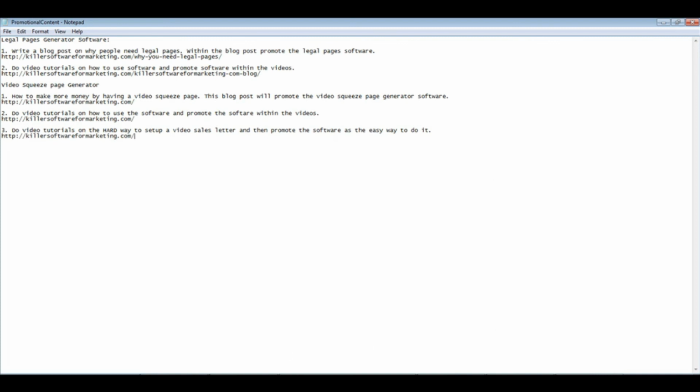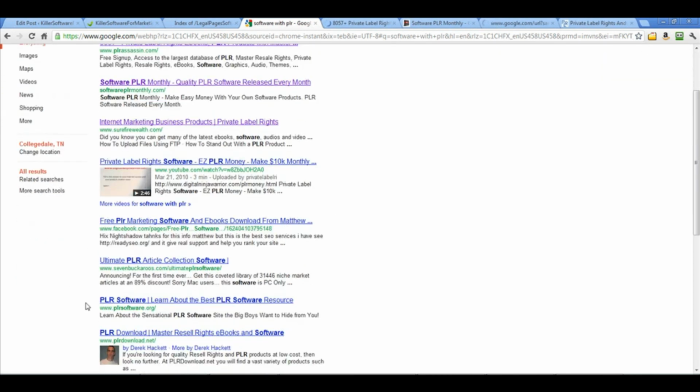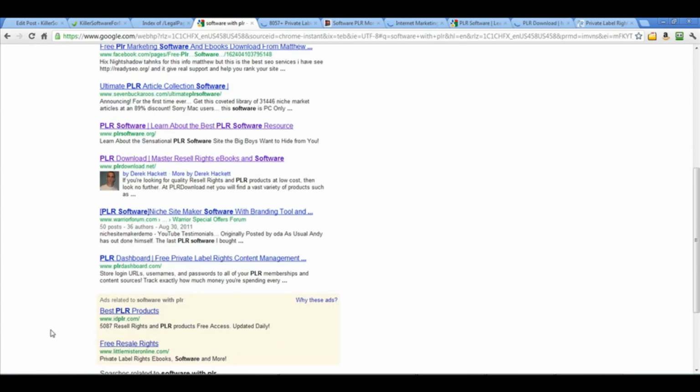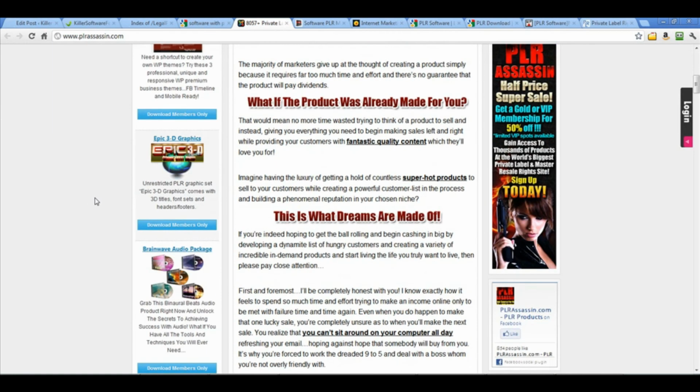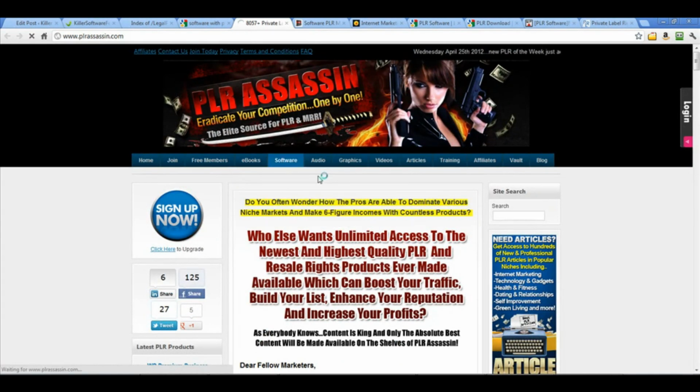So if you don't already have software products, you can search Google for software with PLR. Here's something here, software PLR monthly, Surefire Wealth, plrsoftware.org, plrdownload.net, PLR software, PLR dashboard. You can keep going through all of these. So like this one, PLR Assassin, tons of different software. So if we do software, private label rights,